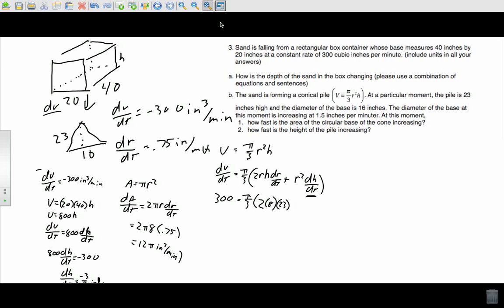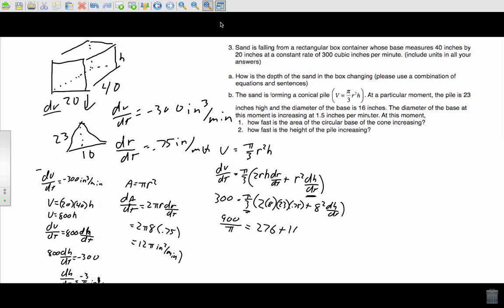And then change in radius over time is 0.75 plus 8 squared dH/dt. Now, I'm going to take this pi over 3 and make this 900 over pi is equal to 2 times 8 times 23 times 0.75, which is 276 plus,